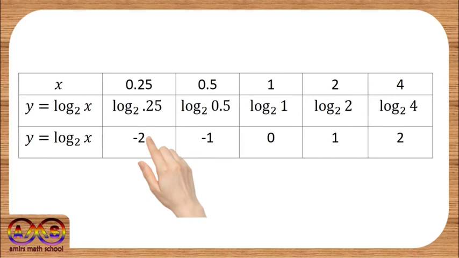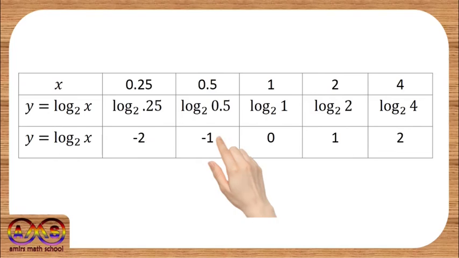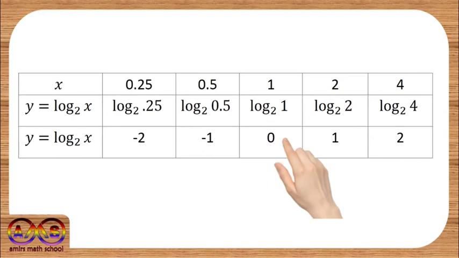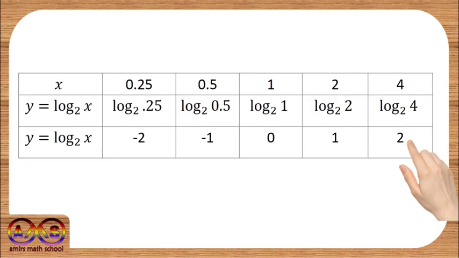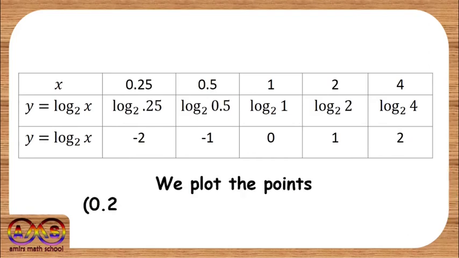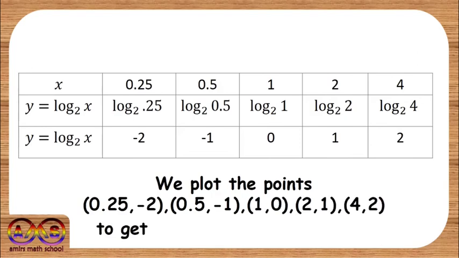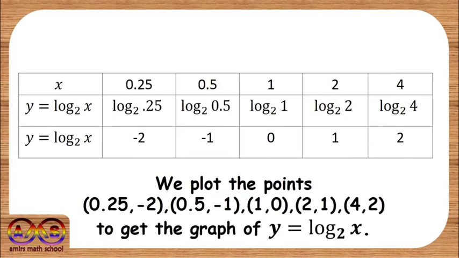In the first case, when x equal to 0.25, if we put this value 0.25 in the logarithmic function, that is log 2 base 0.25, which gives the value minus 2. When x equal to 0.5, y equal to minus 1. When x equal to 1, the value of y is equal to 0. When x equal to 2, the value of the logarithm is 1. And when the value of x is 4, the value of log 2 base 4 is equal to 2. So we plot the points (0.25, -2), (0.5, -1), (1, 0), (2, 1) and (4, 2)